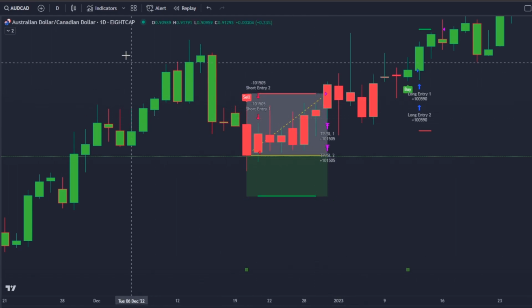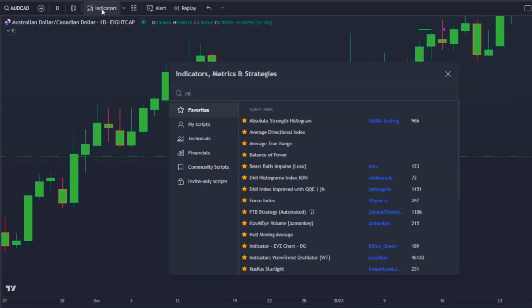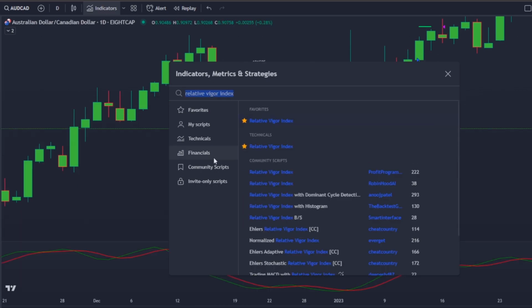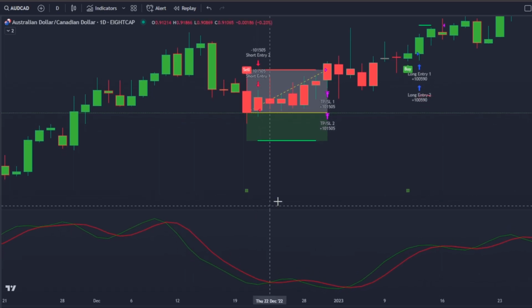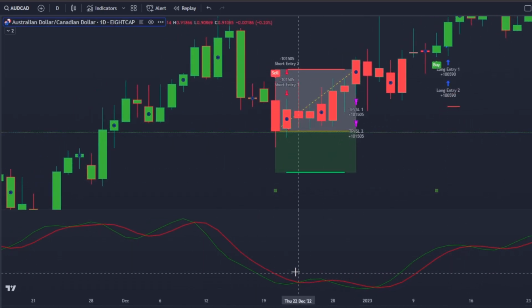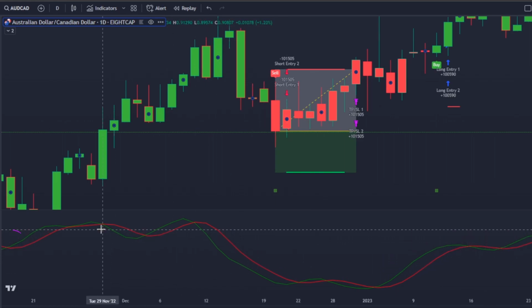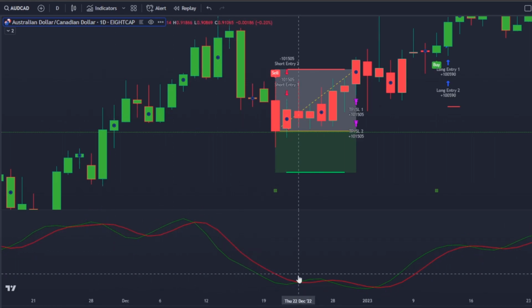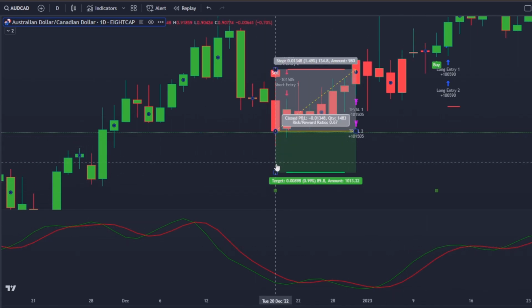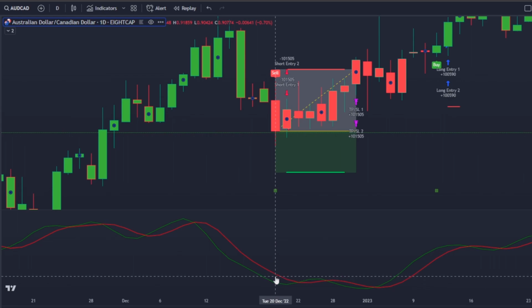But what if we used an exit indicator like the relative vigor index? Will the results be the same? Let's insert that exit indicator to find out. So, as you can see, the relative vigor index is a two lines cross momentum indicator. It wouldn't be a good confirmation indicator because its lines cross too much, but maybe it could be a good exit indicator. As you can see, when we enter the trade, the relative vigor index already showed us signs of